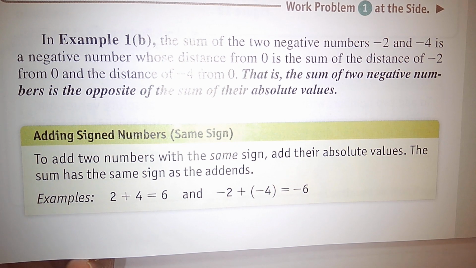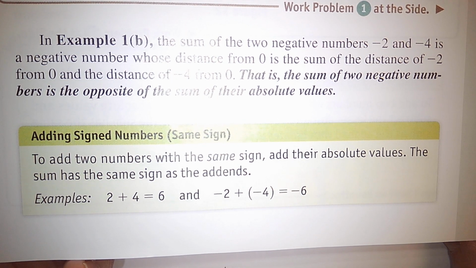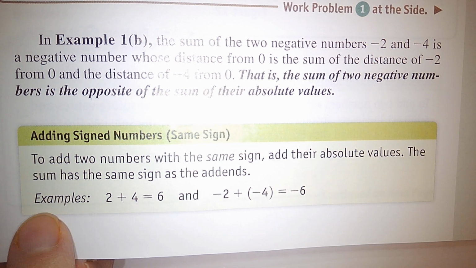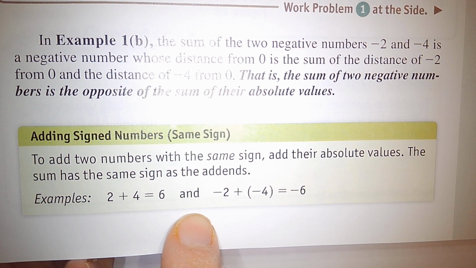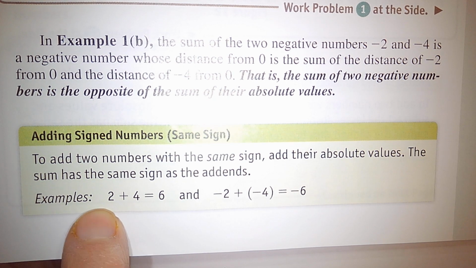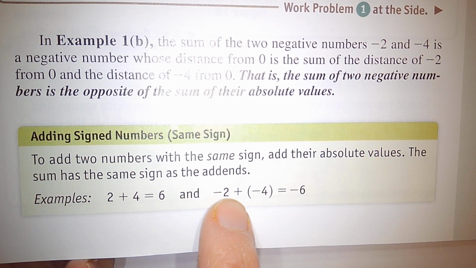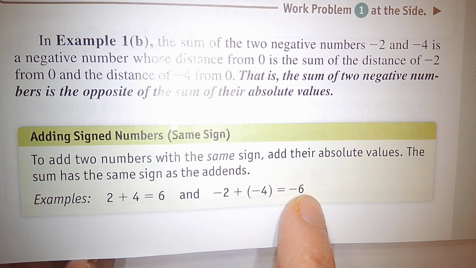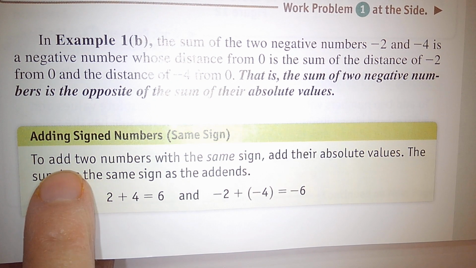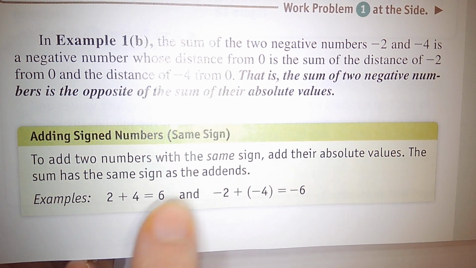Adding signed numbers, same sign. To add two numbers with the same sign, add their absolute values. The sum has the same sign as the addends. Example: 2 plus 4 equals 6, and negative 2 plus negative 4 equals negative 6. Very good. Okay, thanks. So when we are going to add up two numbers with the same sign,